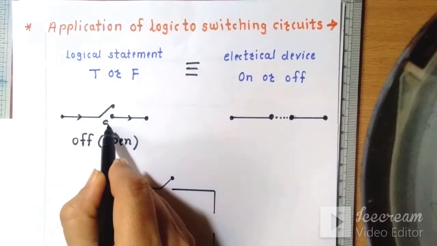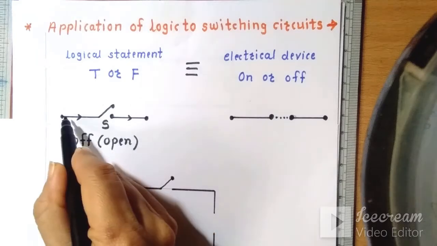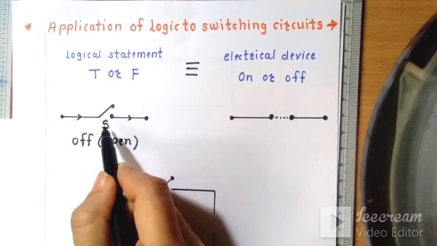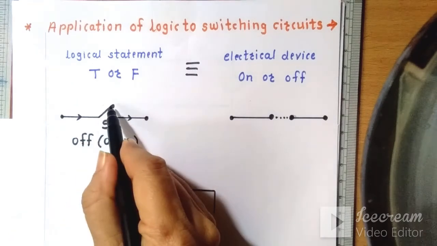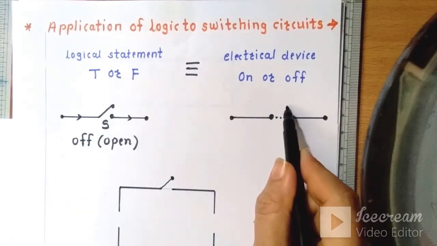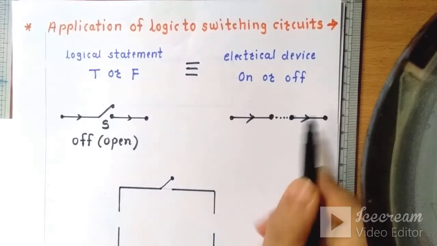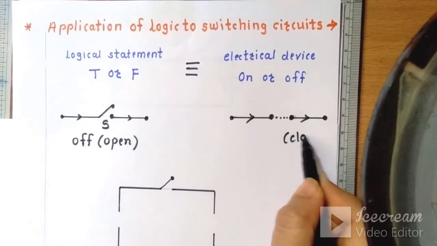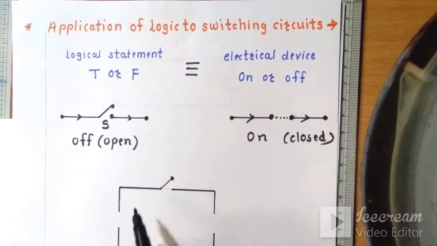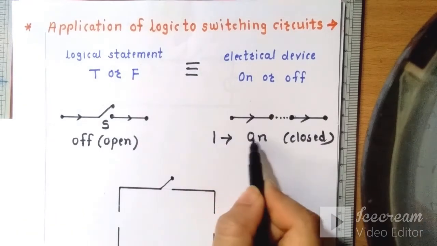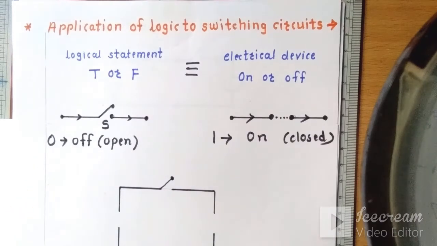Now here switch S is connected to wire and the position of switch is open. So here current will not flow and therefore the switch is in off position. And if we press this, the upside point is connected to this and so current will flow. So this position is called the closed position of switch, and in this case the switch is on. We will denote number 1 to show on position and number 0 to show off position.